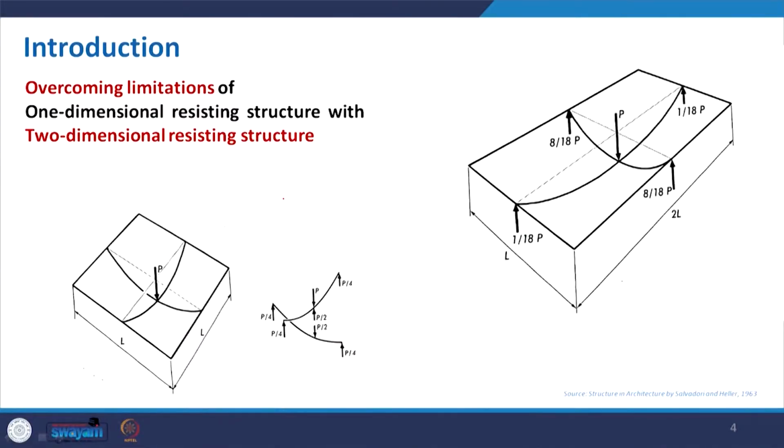Now, coming to this slide, it shows overcoming the limitation of the one-dimensional system with the two-dimensional one. So, how do we get the idea of the grid? Here it is a square form and the grid is placed where L by 2 into L by 2 is one particular grid, and because the lengths are the same, it makes 4 squares out of a big square having side L.